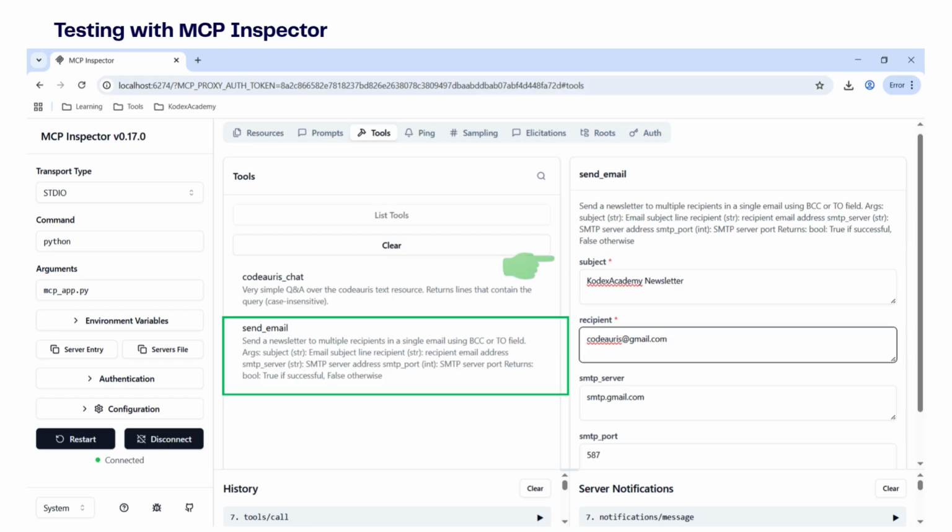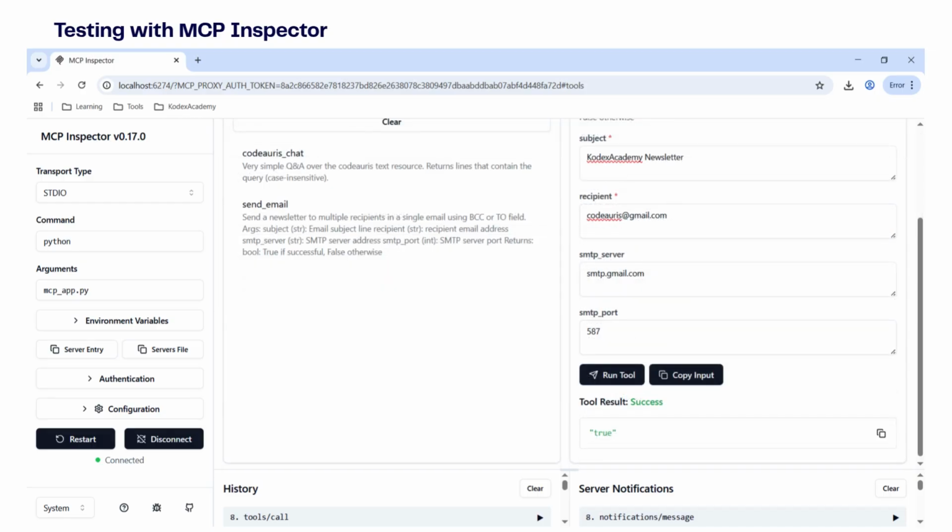Next, let's test our Send Email tool. In the subject field, I'll type "Codoris Academy Newsletter." For the recipient, I'll enter codeoris@gmail.com. The SMTP server and port are already set to their default values, so we'll leave those as they are. When we execute the tool, the MCP server uses the predefined email template from our resources folder, sends the email, and returns a response of true, indicating success.